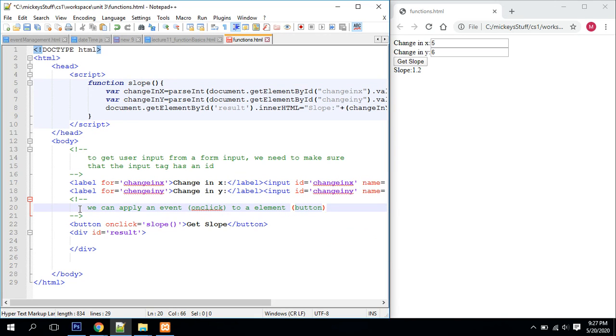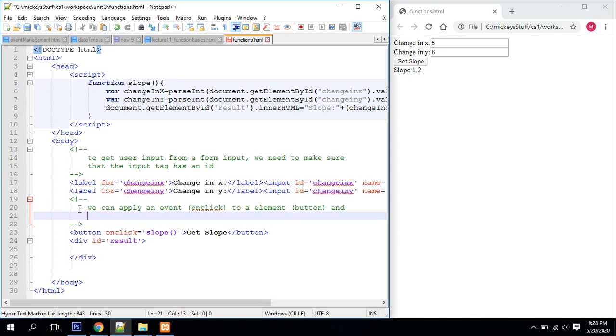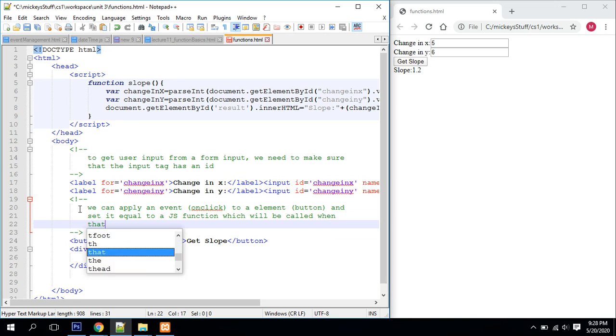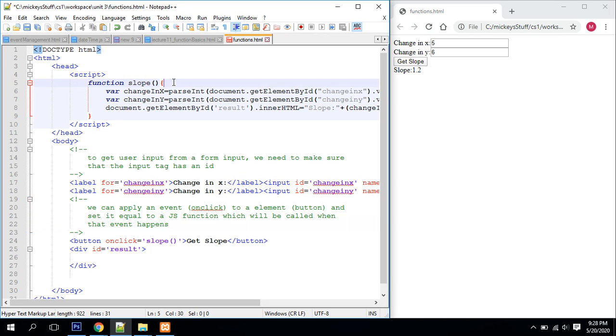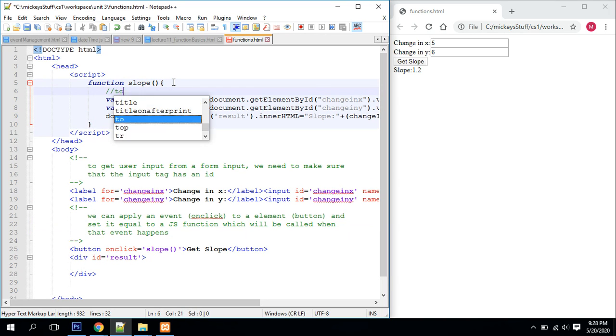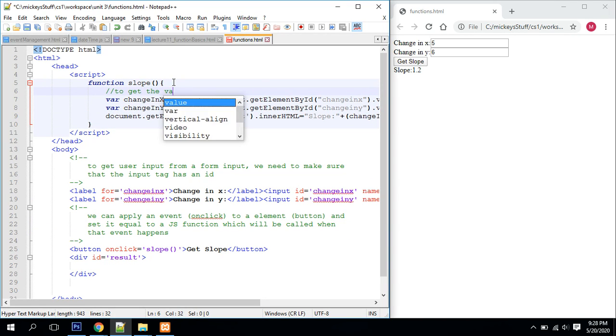Could be a div, it could be an image, it could be anything. I could put that on click on anything. And set it equal to a JavaScript function, which will be called when that event happens. And so I'm calling slope, and then I come up here in slope, and we say